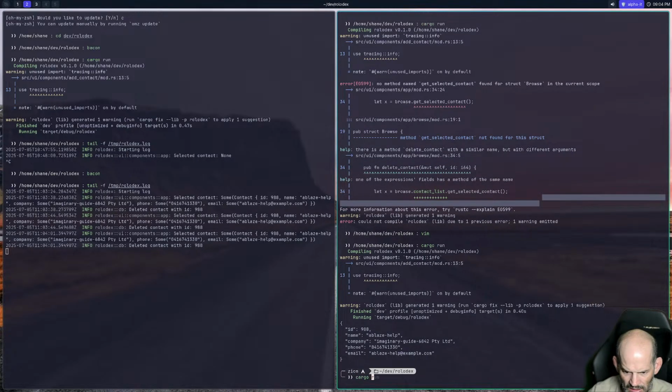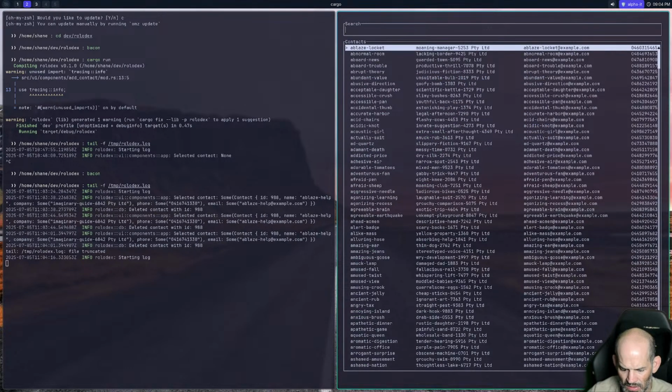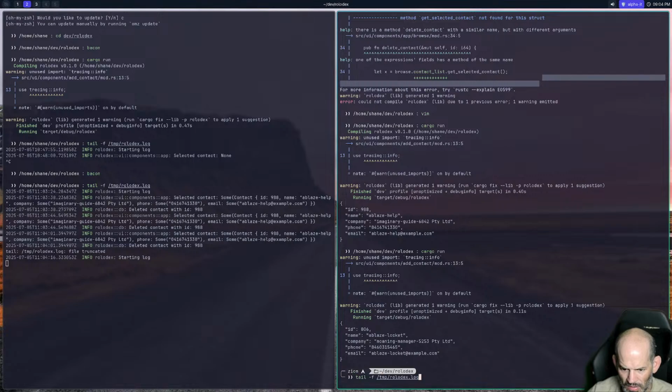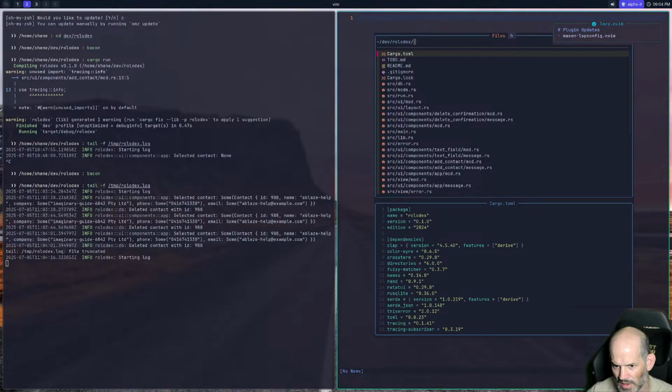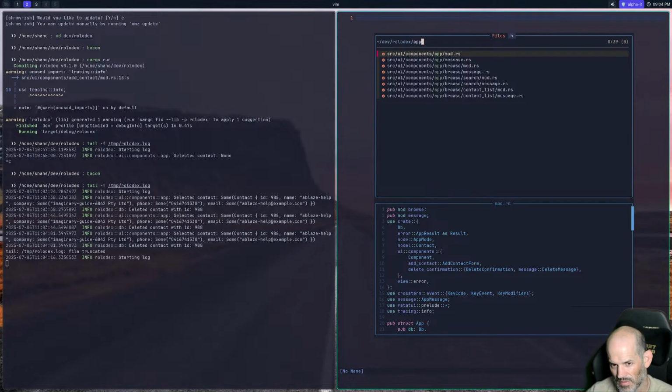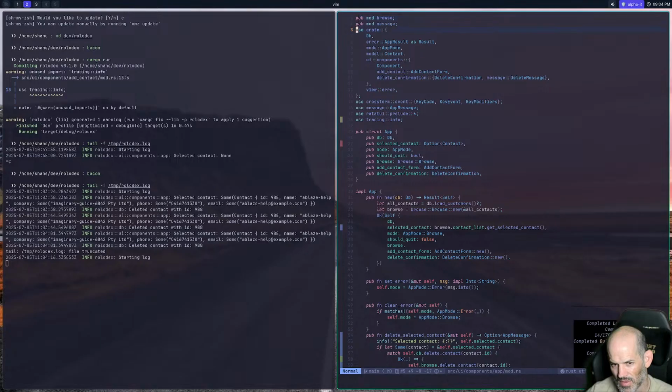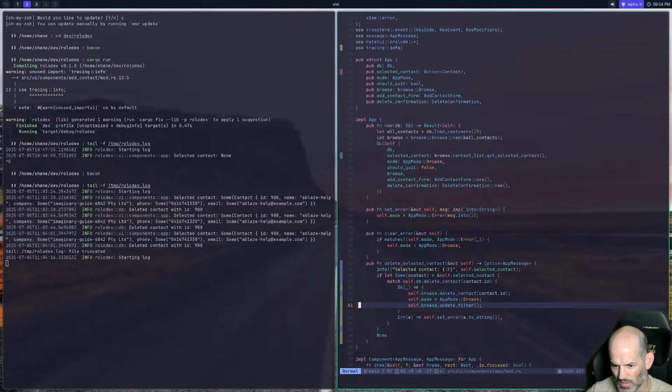Probably because... I think I know what it is. It's probably because of the selected index. Oh, we're not updating the selected item after we delete. When we do this update filter, we probably want to